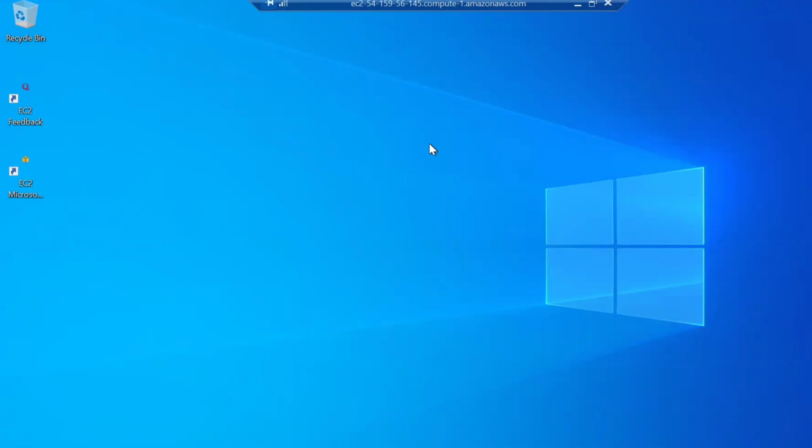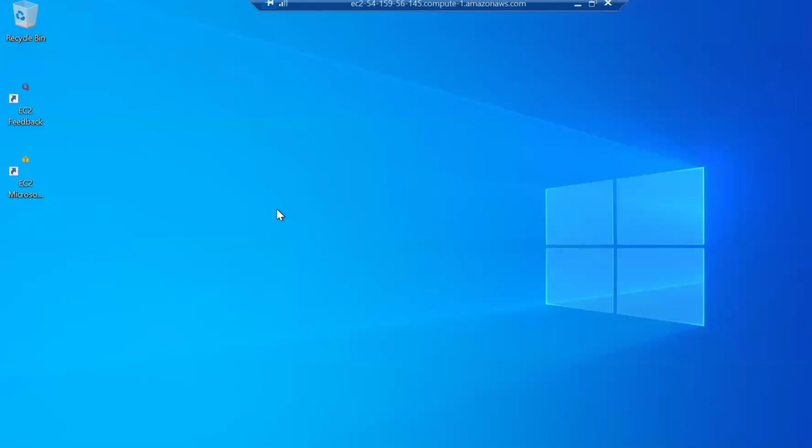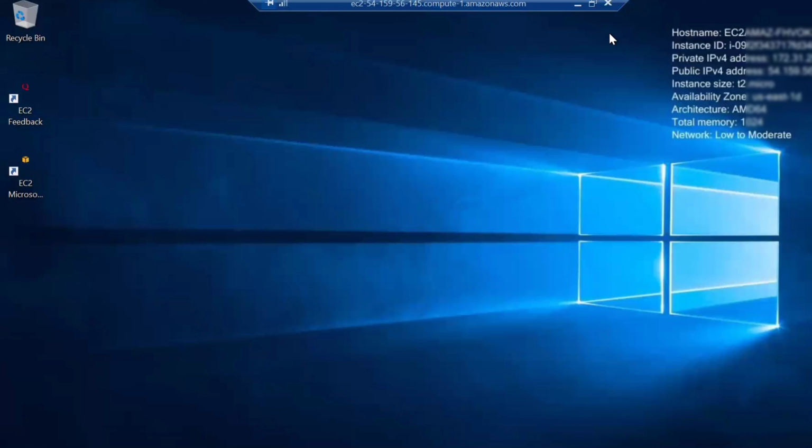It may take a while, so just wait. You can see on the right side the instance ID, public IP, instance type, all the details.